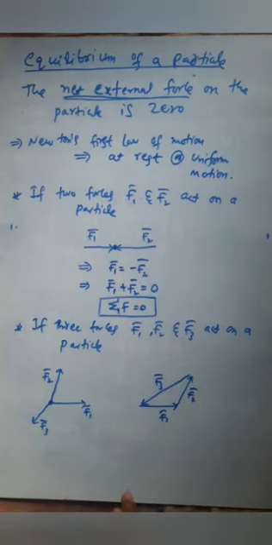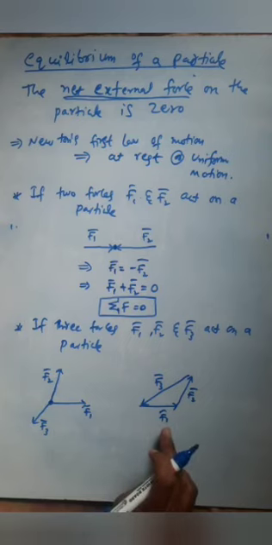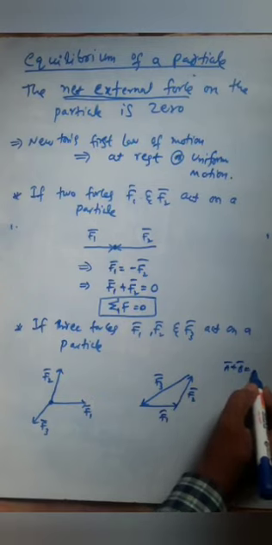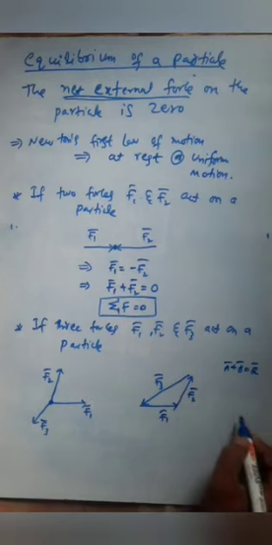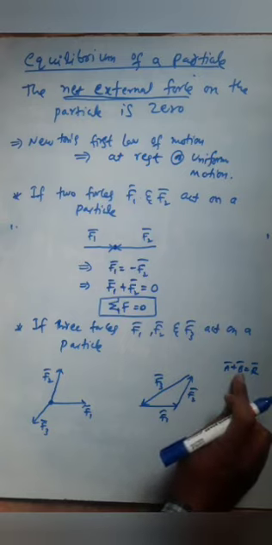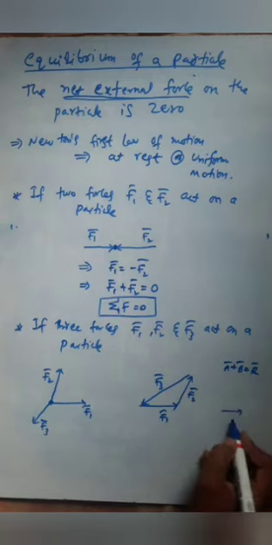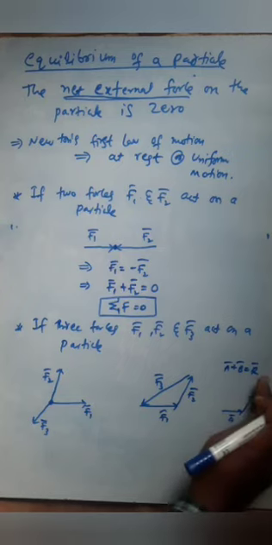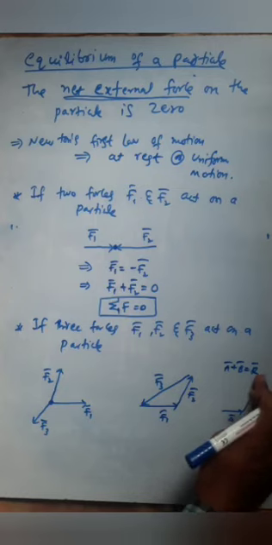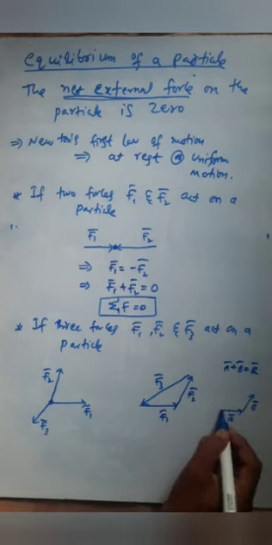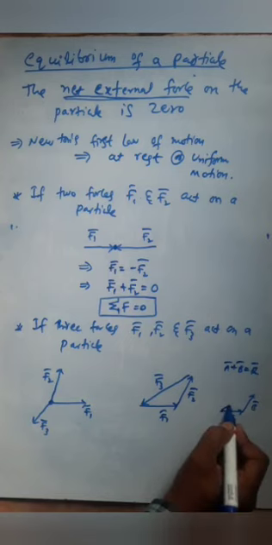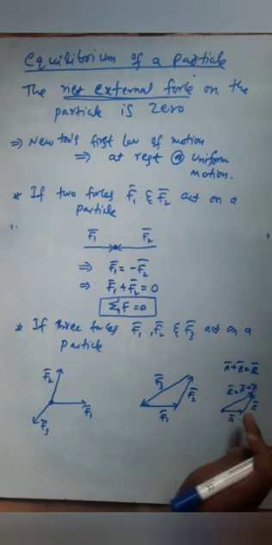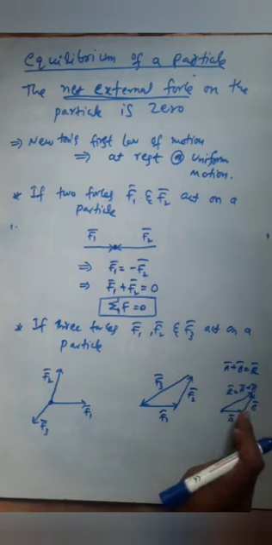According to the vector sum, for example, I am taking A bar plus B bar. What is the resultant vector here? R bar. Here B bar is placed at the head of A bar. A bar is like this, here it is B bar. The resultant vector is in the direction from the tail of A bar to the head of B bar. So this is the resultant vector. Here R bar is equal to A bar plus B bar. This is the vector sum.